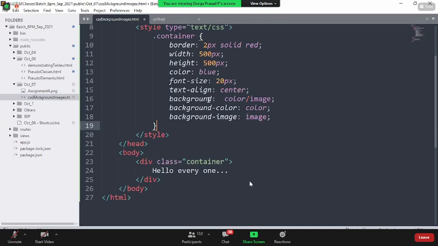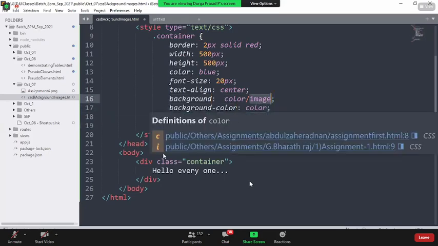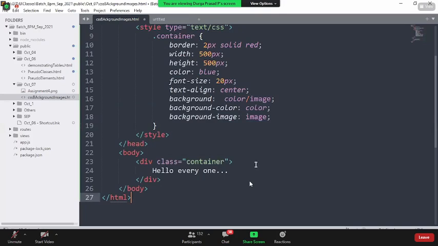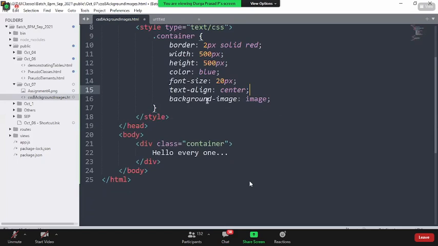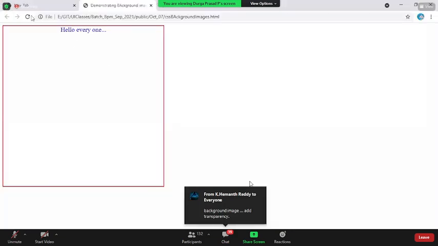If you simply use background, you can add the color or the image. If you use background color or background image, you can add specifically only the color or only the image. Okay, so the content I'm going to talk about today is, we already know how to add a background color, isn't it? I simply say background #CCC, which is like a gray color. Come back here, reload the page. I see the background color is coming.